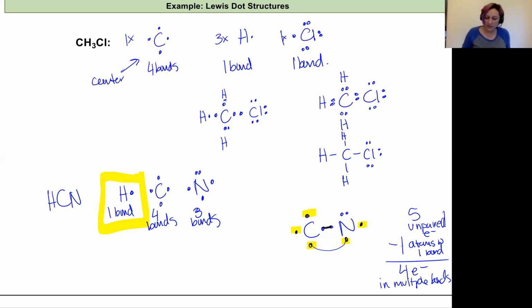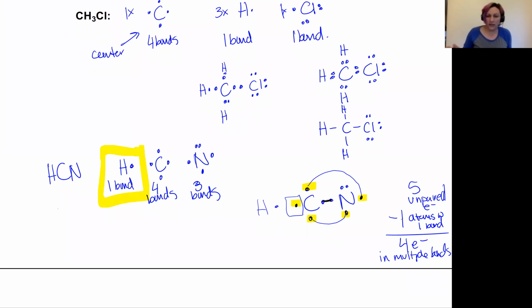All right. And then I'm going to do the same thing. I can match up these ones right here. So if I pair up 2 electrons from nitrogen and 2 electrons from carbon, I'll be able to satisfy my octet rule. And that's going to leave just 1 electron here to be able to bond with the hydrogen. And so redrawing this is going to look like